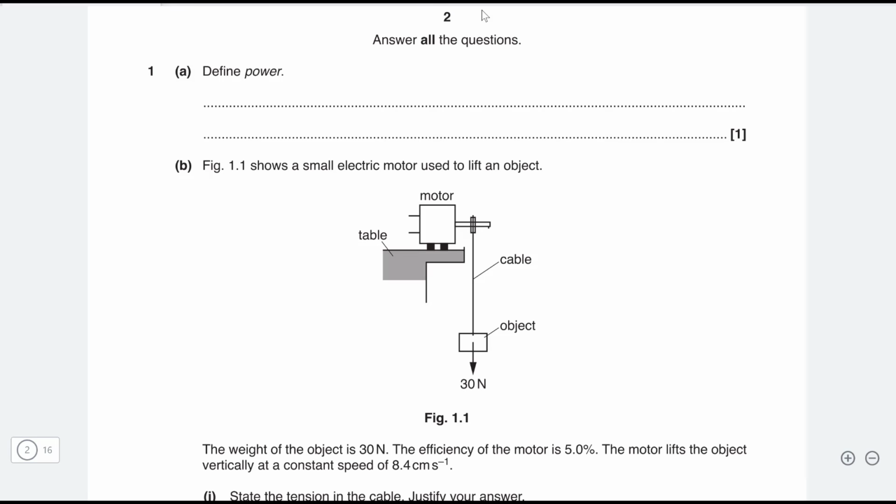Today we're going to be doing some practice questions on work, energy and power in A-level physics. The best way to watch this video is to actually get involved in solving the questions. So I've left links to the actual question papers with the question number in the description of this video. And in the ideal world, you guys are going to solve these questions and then you can watch this video